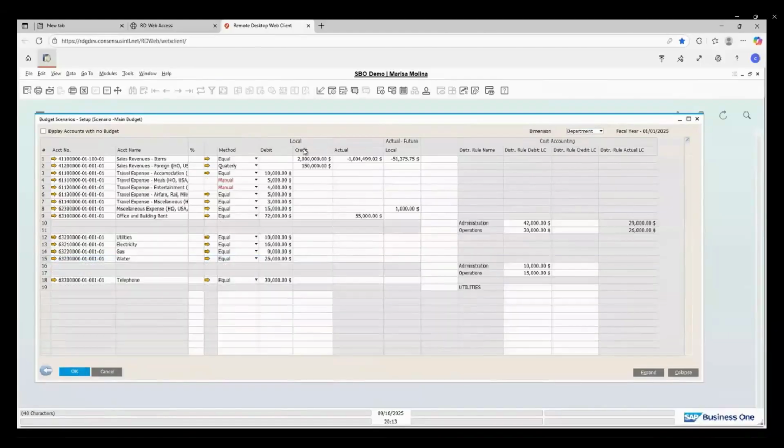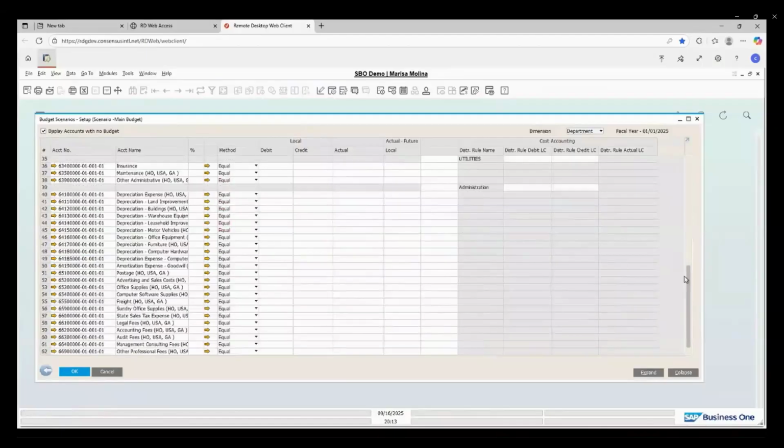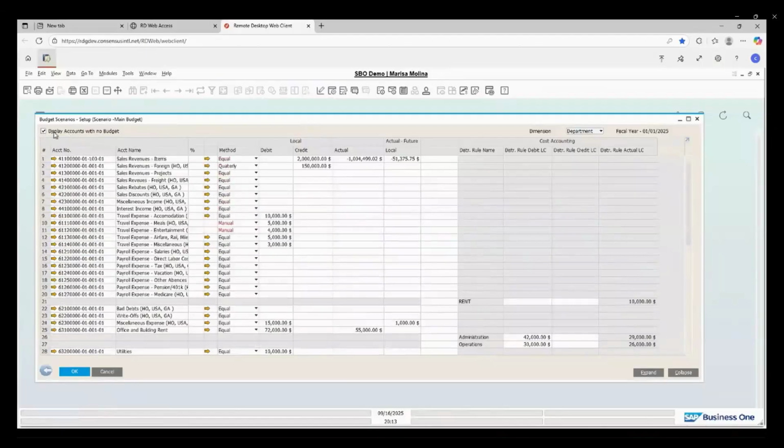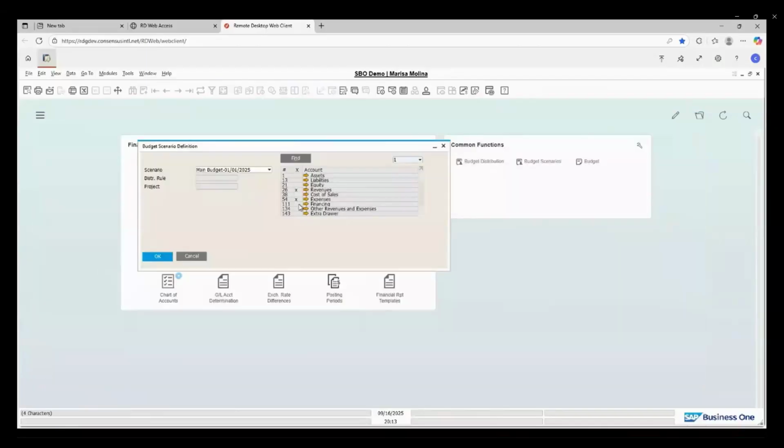The other thing that maybe you noticed is that every time I say update, you see a huge list and then it disappears. So basically it is in here, display accounts with no budget. There I have all of those accounts that I haven't assigned a budget yet, okay? So that is part of the things that you can do. You can assign to a specific drawer and then come back and do it for the other drawer. So you don't need to do it all at once.